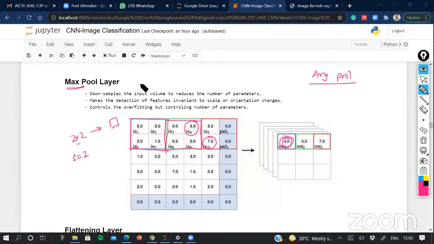And similarly, instead of using max pooling, we can also look for the minimum pooling. So instead of selecting the maximum numbers, you can also look for the minimum. So in that case, this 1.5 will be the output of that result if you are using a minimum. But in recent time, max pool is becoming more popular.